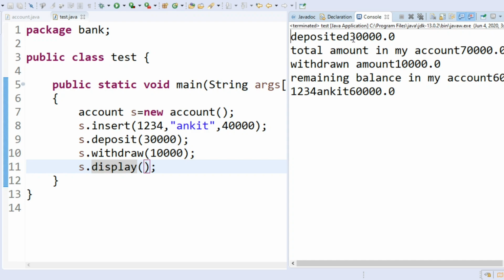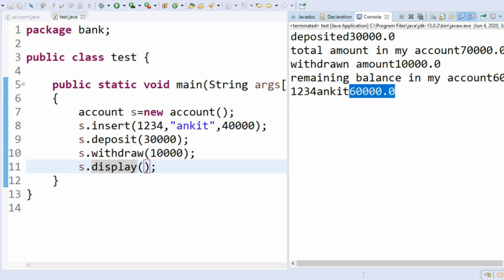The amount actually present in the account is 40,000, and the amount which I deposited is 30,000, so the total amount becomes 70,000. When I withdraw 10,000, the remaining amount in my account is 60,000. The name of the account holder is Ankit, the account number is 1234, and the remaining balance is 60,000.